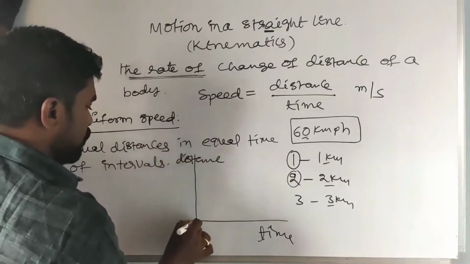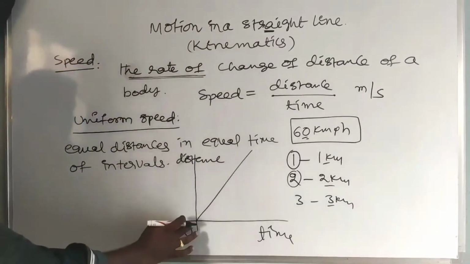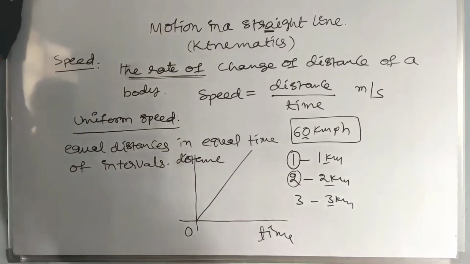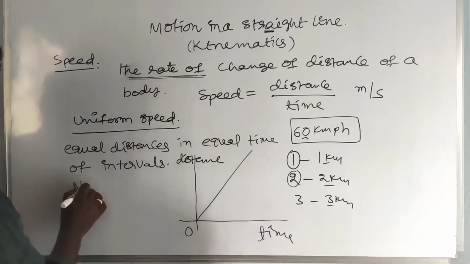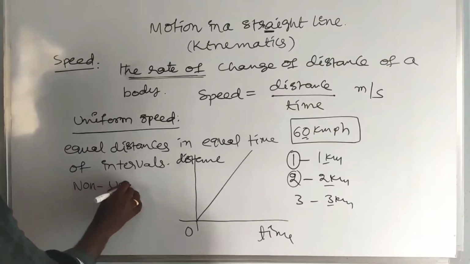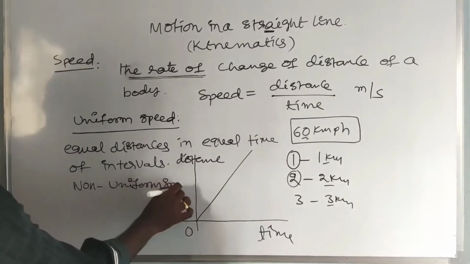So then the graph should be like this. So this is the uniform speed. The line which is passing through the origin is a straight line. Okay, right. Now non-uniform speed. What is a non-uniform speed? So here in the case of non-uniform speed,